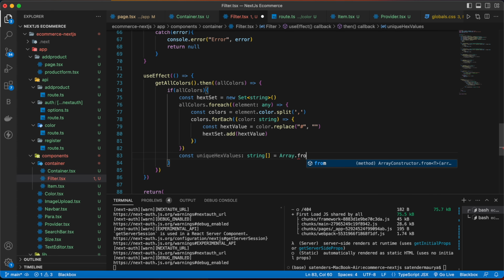So with that we have written almost all the functions for this filter. Now let's work on the JSX part.